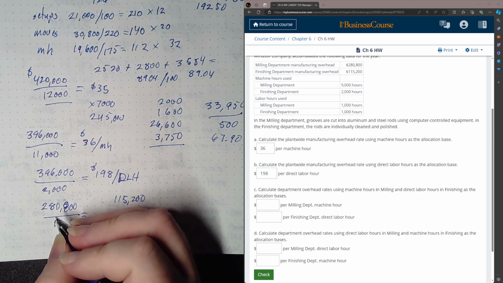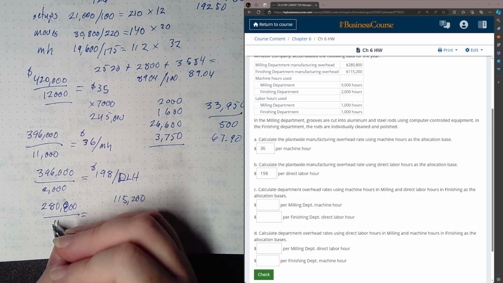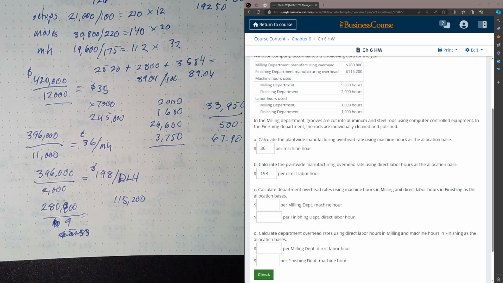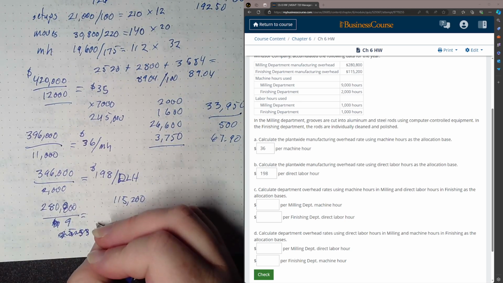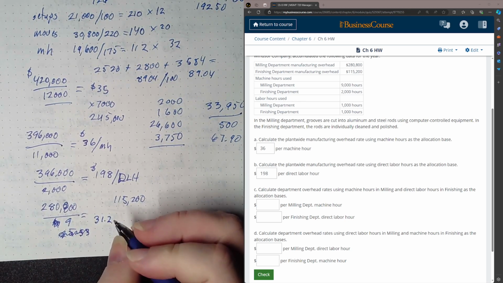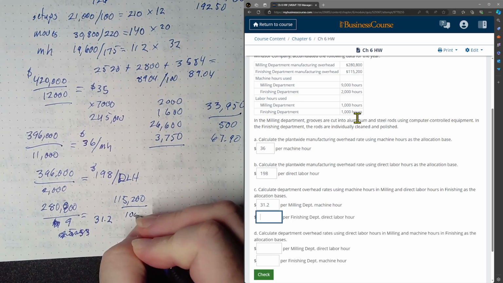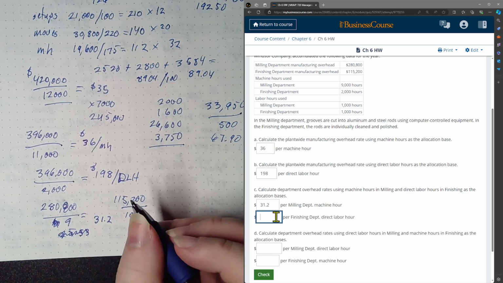Oh, only 9,000 used in that department. So 280,800 divided by 9,000 equals 31.2. And then the finishing department is going to be 115,200 divided by 1,000 hours of labor. So that's just going to be